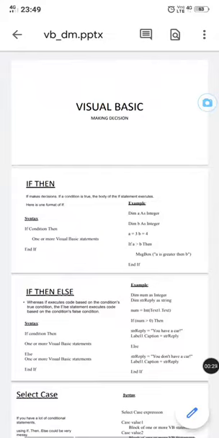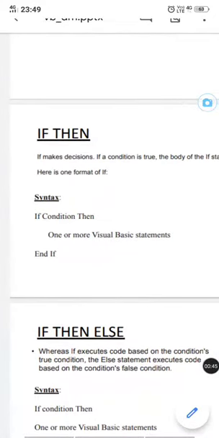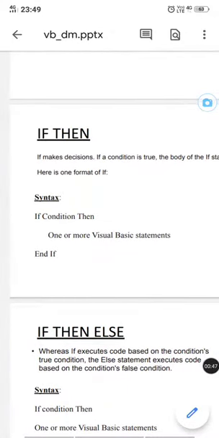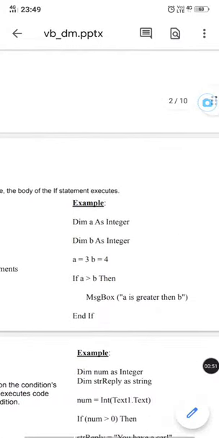If makes decisions. If a condition is true, the body of the if statement executes. So here the syntax is: if certain condition to be applied here, then a set of statements, which should be executed when the condition is true. And the example is